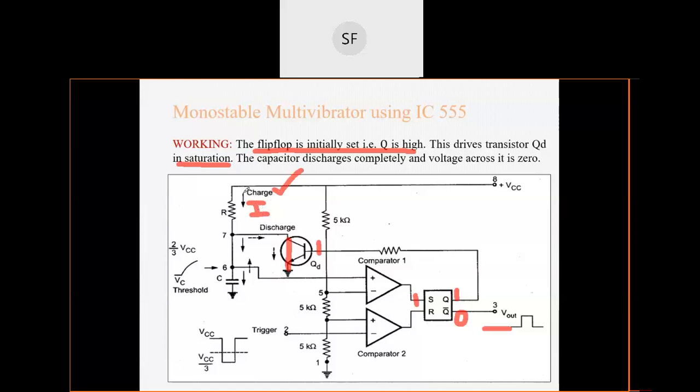So current I is flowing in this direction. You can observe in the downward direction. Why? Because current always flows from positive voltage to negative voltage, that is from VCC to ground. Hence current is flowing in this direction. Now the current will come up to this particular point. It will flow through the resistor and it will come at this particular point, that is pin number 7. Now it has two paths.